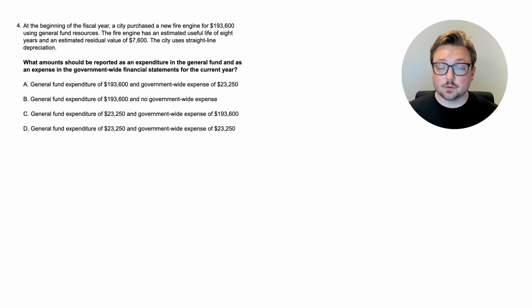At the beginning of the fiscal year, a city purchased a new fire engine for $193,600 using general fund resources. The fire engine has an estimated useful life of 8 years and an estimated residual value of $7,600. The city uses straight-line depreciation. So what amount should be reported as an expenditure in the general fund and as an expense in the government-wide